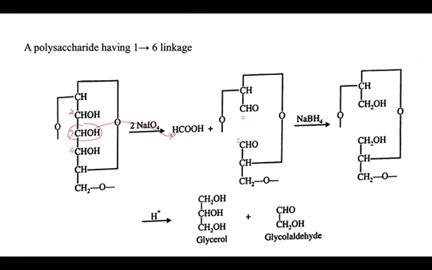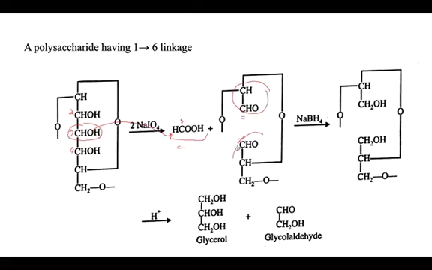So carbon 3 came out in the form of formic acid. There were not two adjacent carbons having hydroxy groups, but three adjacent carbons, and among the three, the central carbon came out as formic acid. Then when treated with sodium borohydride, these aldehyde groups will be converted into alcohol groups, and then final hydrolysis. On hydrolysis, we now have a 2 carbon unit molecule and a 3 carbon unit